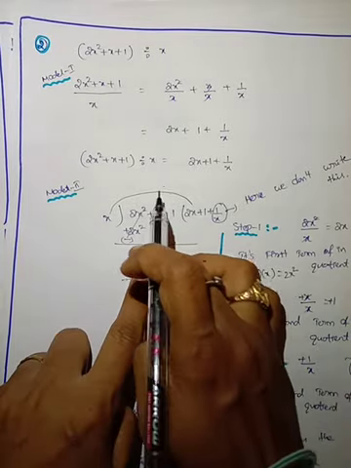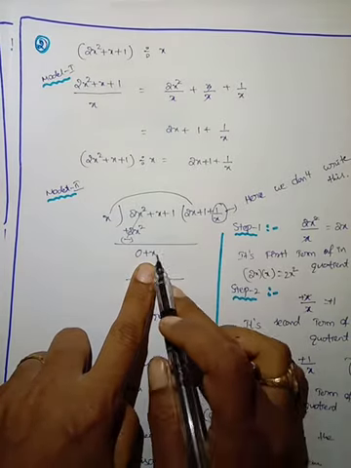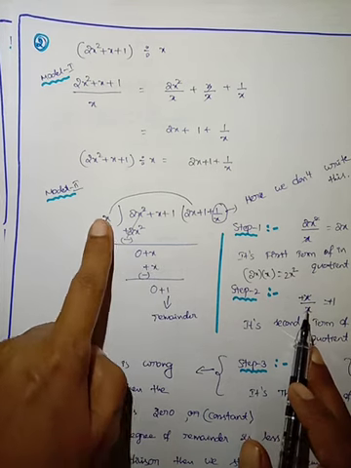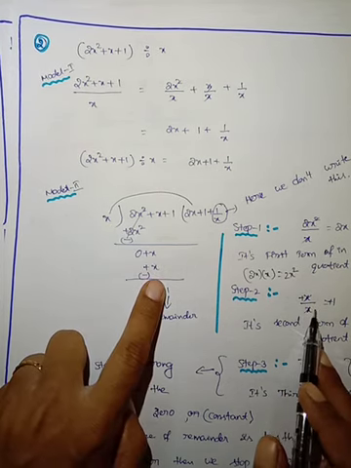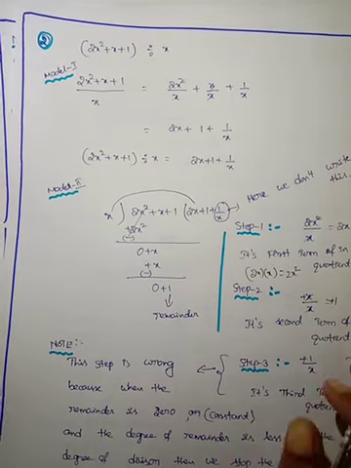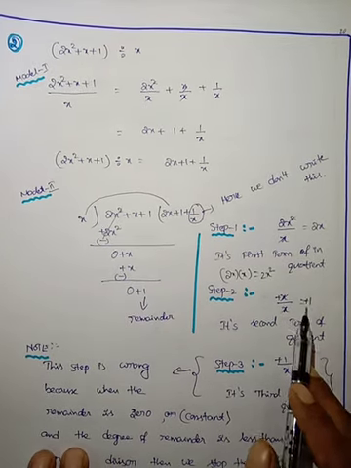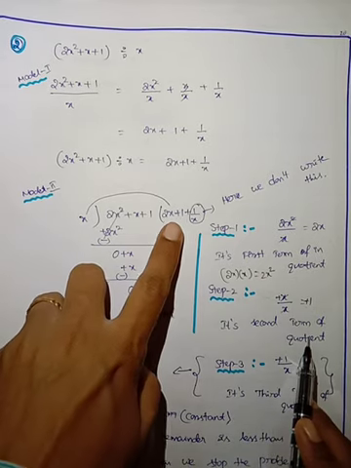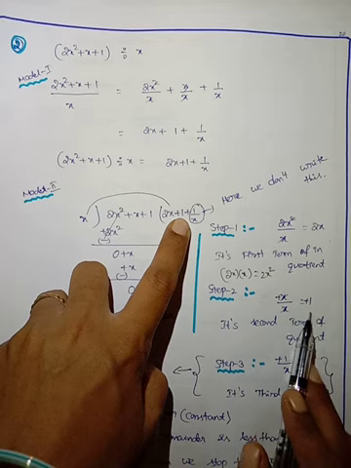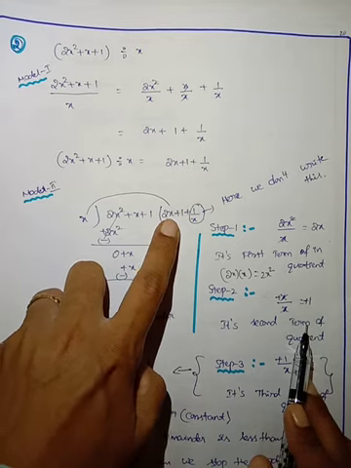Now this is the dividend. The first term in the second step is positive x. Here the first term is x, so the dividend x is cancelled. Then what is coming? Positive 1. This is the second term of the quotient, plus 1.